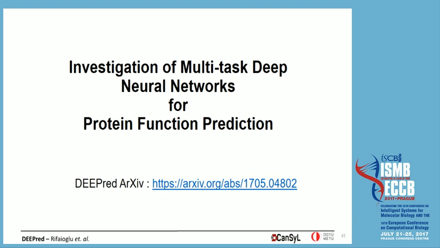I mean, you train your model on one dataset, and you collect a dataset from another source, and use your model to test on the other dataset. Do you do this kind of validation? Yeah, we separated about 10% of the protein annotations independently as a test set, and we did not use them in training at all. And we used that data set as a validation data set and test data set.